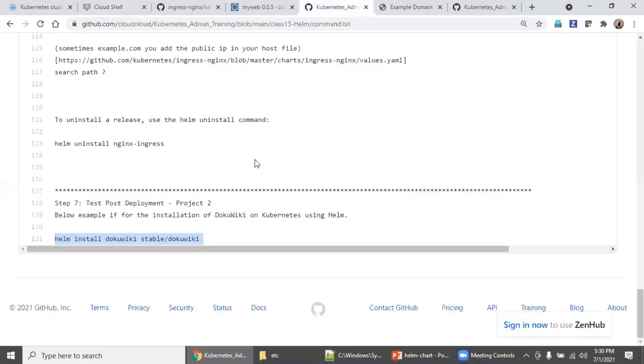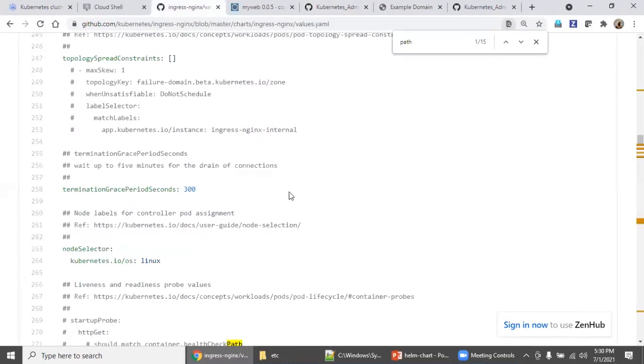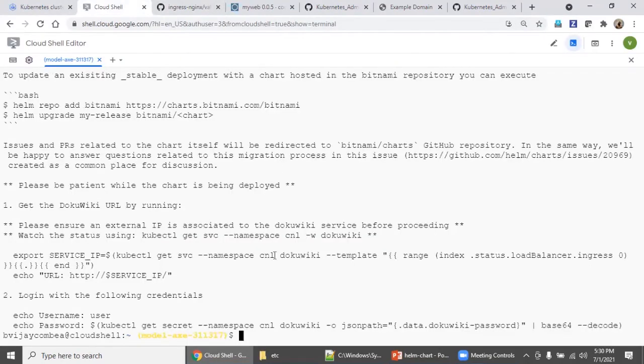But if you don't give anything, the output also will not come with the default namespace, right? So don't get confused. Always better to go with the default, as well as another time deploy with a different namespace and observe the difference for this command.